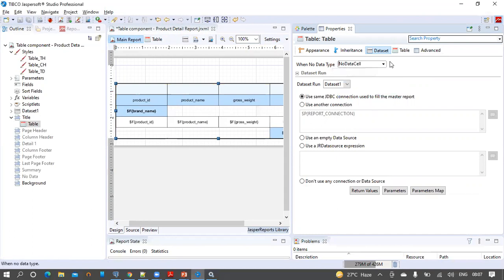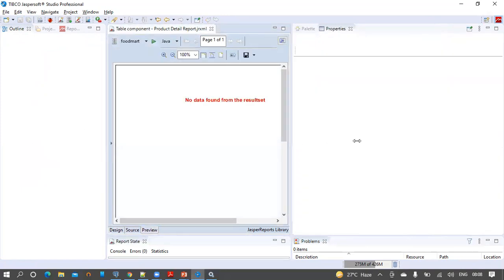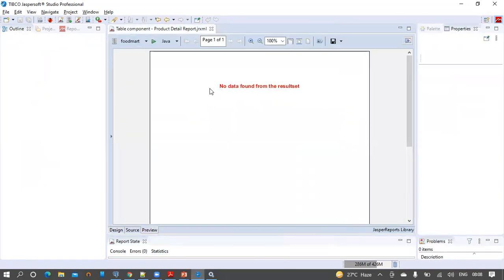So as soon as we select this one, we can see the message on the report output. Yeah. So now we can see the custom message is displayed to the user. So the user will try to change the query or will try to change the parameters that the report is using.